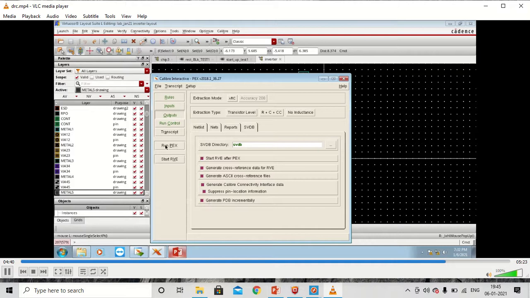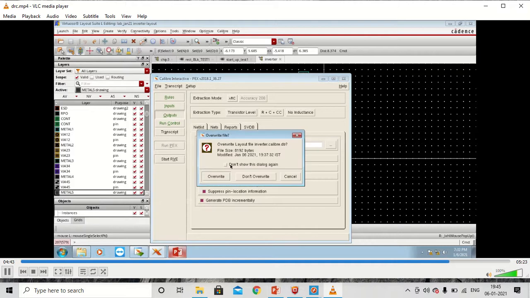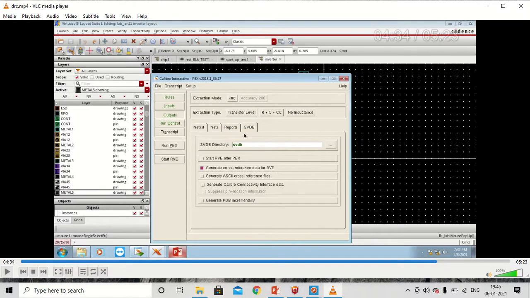Here we'll be doing the parasitic extraction only. Overwrite, run fresh PEX, and also in the SVDB tab you have to check all these boxes. So run PEX. Okay.